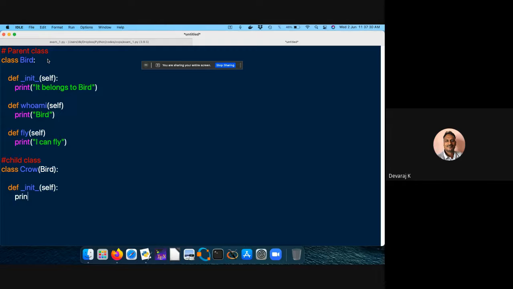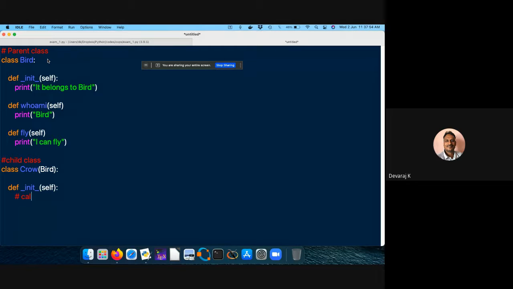Okay, let me print it. So I'm trying to call, I can use a function called the super function. If you use a super function, I can tell that the child class belongs to that particular parent class. So I'm going to use something called the super function. Let me use that.